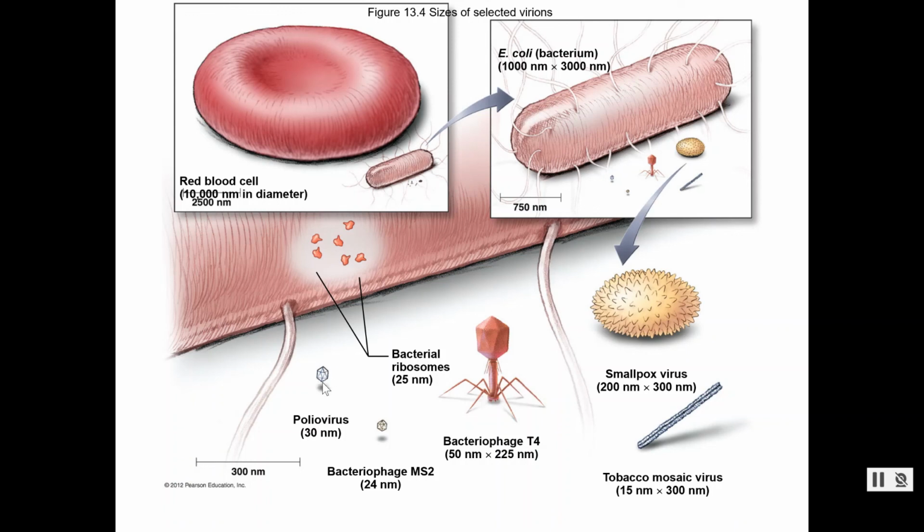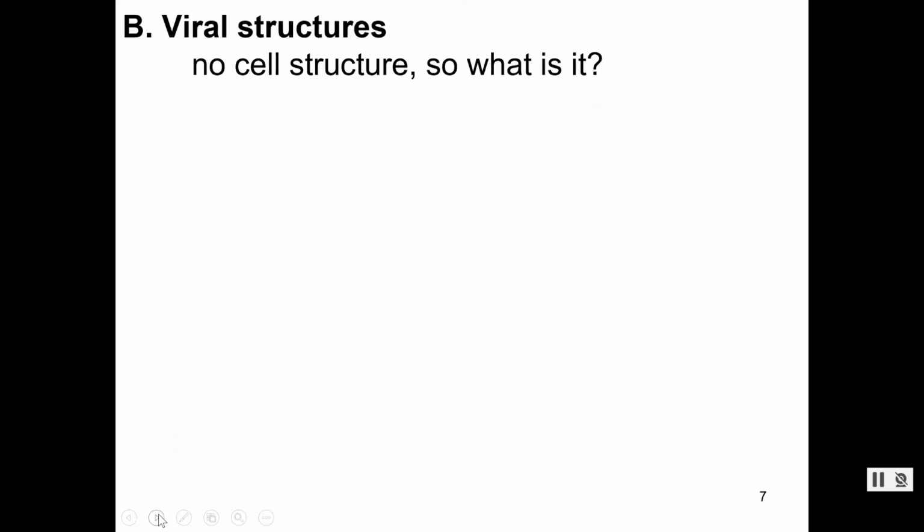If we breathe that in, somebody right next to you is coughing and coughs up these respiratory droplets. These droplets have virus particles within them. You inhale them through air currents, it gets inside your body, gets into your circulatory system. Very easy for them to move through just based on currents in the body. So it really can get in. It's very difficult to get rid of it. So you can see how one virus gets in. Once it finds a cell that it can invade, it replicates, we'll talk about that in a minute, and it can be a big problem.